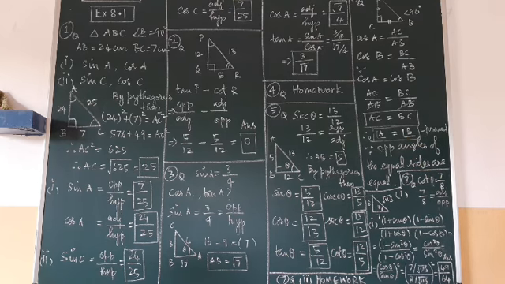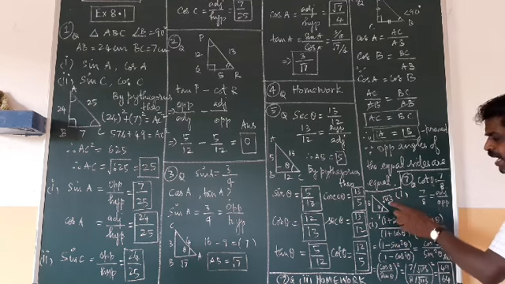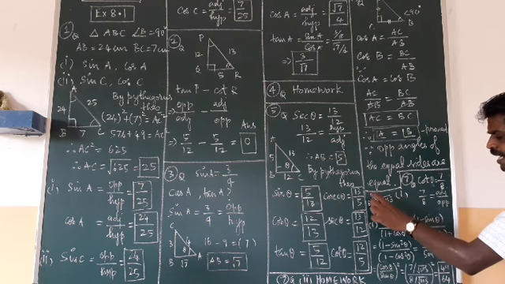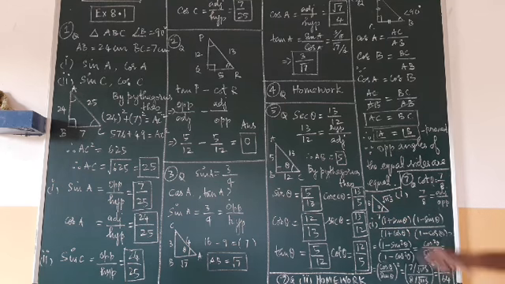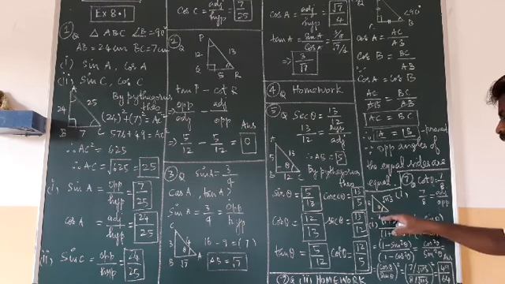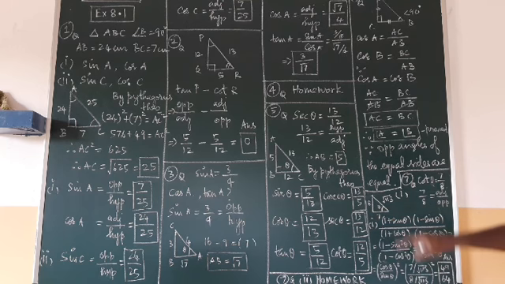Okay, then the seventh one. Cot theta equals 7 upon 8. What does 7 upon 8 mean? The cot theta ratio is the inverse of tan, so adjacent side upon opposite side. The adjacent side is 7 and the opposite side is 8. Suppose this is the theta. Then I am finding the hypotenuse. Using the Pythagoras theorem, I get root 113. The largest side, the hypotenuse, is root under 113. So for this angle, the opposite side, adjacent side and hypotenuse are all there.